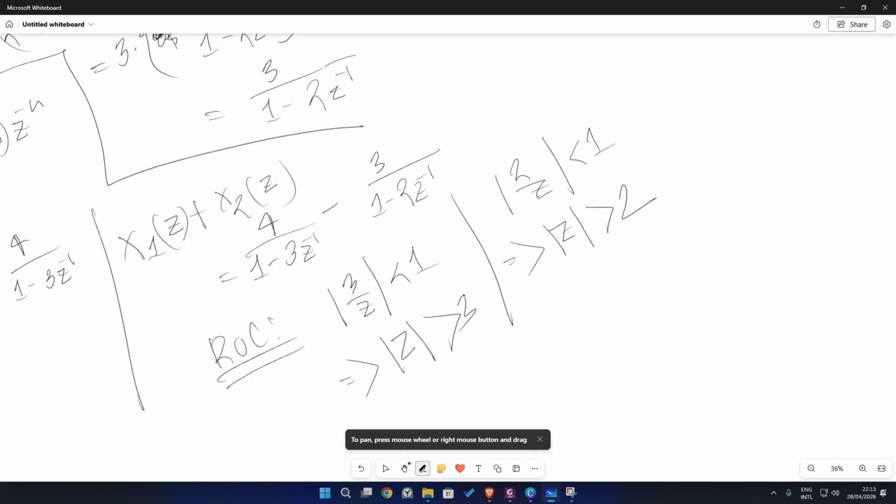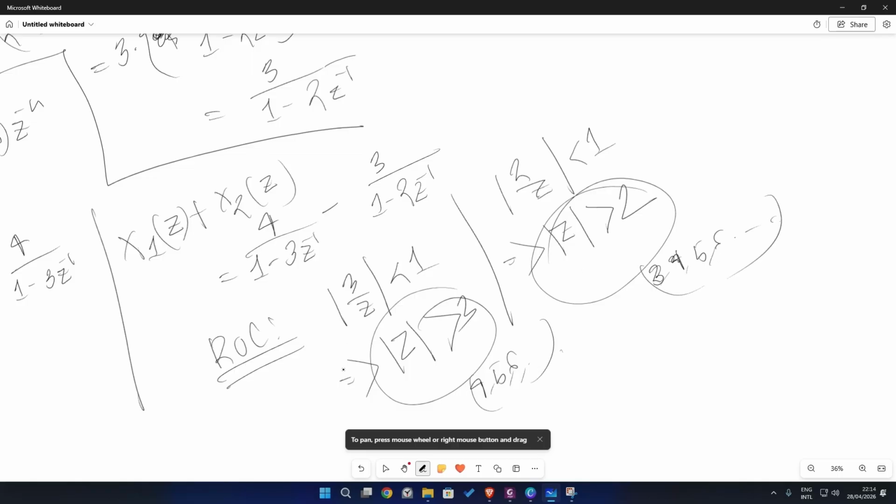So here z is greater than 3 and z is greater than 2. So the values will be 4, 5, 6 and so on, and for this it will be 3, 4, 5, 6 and so on. So which are we going to take? We'll take the bigger one. So the final ROC will be